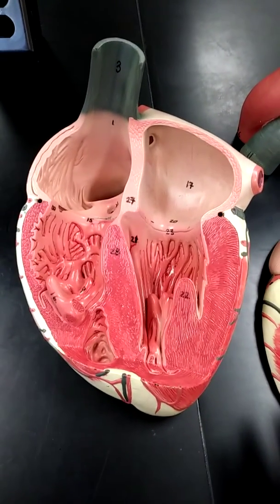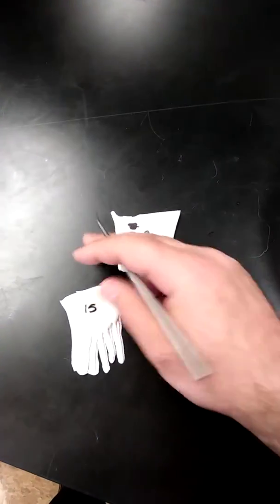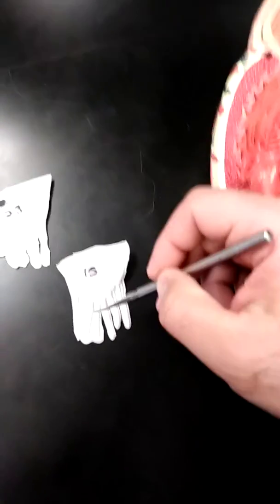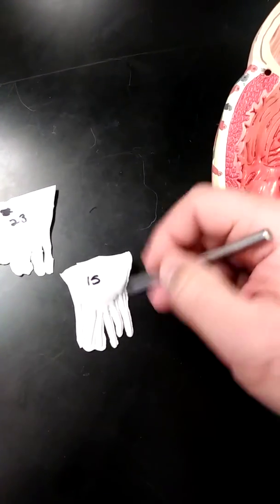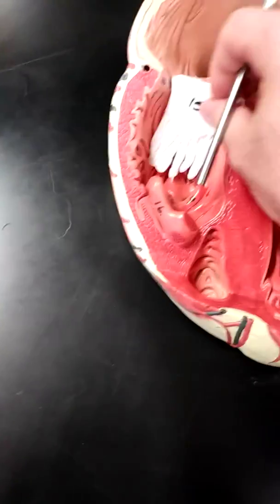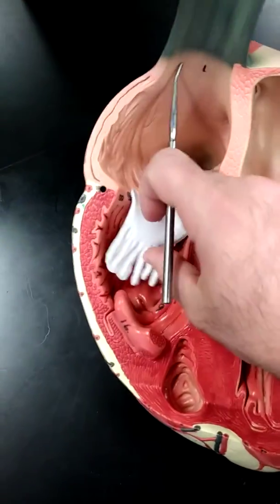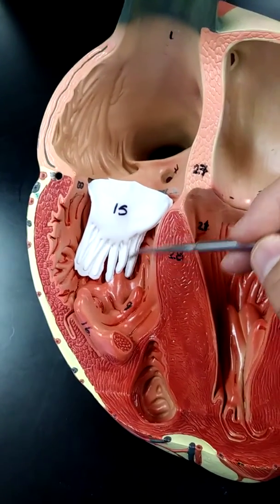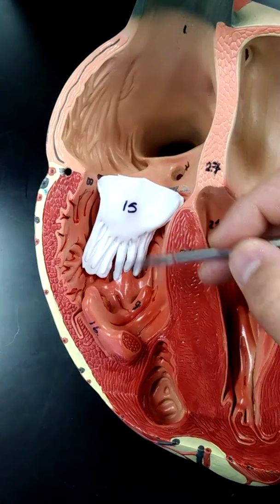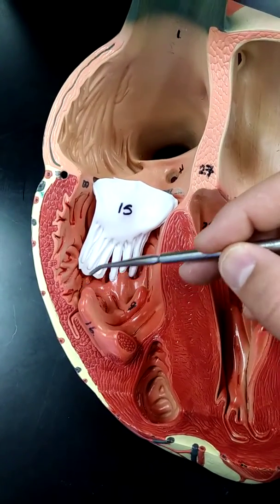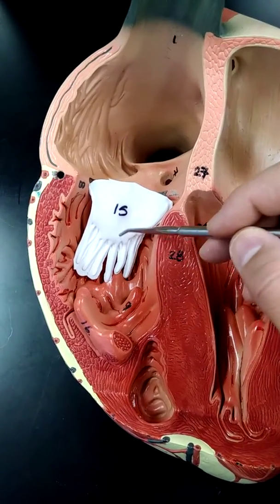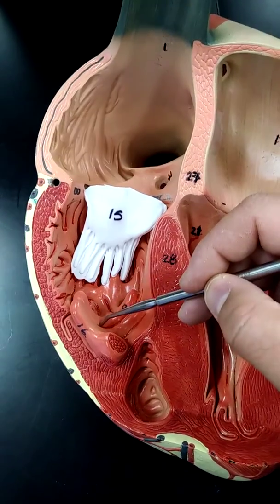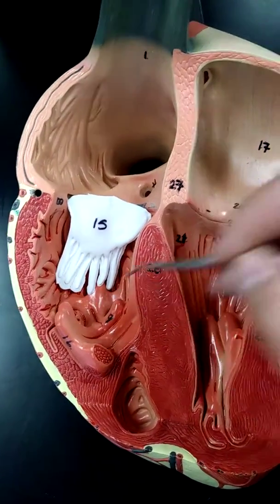Okay, so let's go ahead and talk about the different valves that we have. Those are the valves right there. Now this is the actual valve, and those are the chordae tendineae. Basically the valve is located right here. This is the valve itself. It's a cut section of a valve, and the chordae tendineae will be attached onto the papillary muscles. Keep in mind that the chordae tendineae and the papillary muscles are located only within the ventricles,